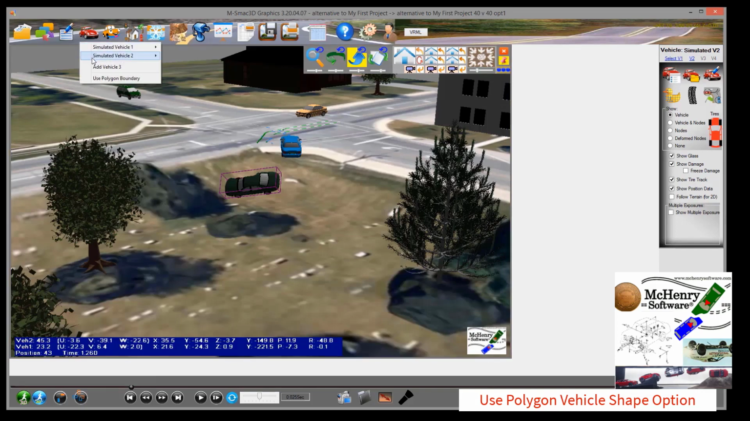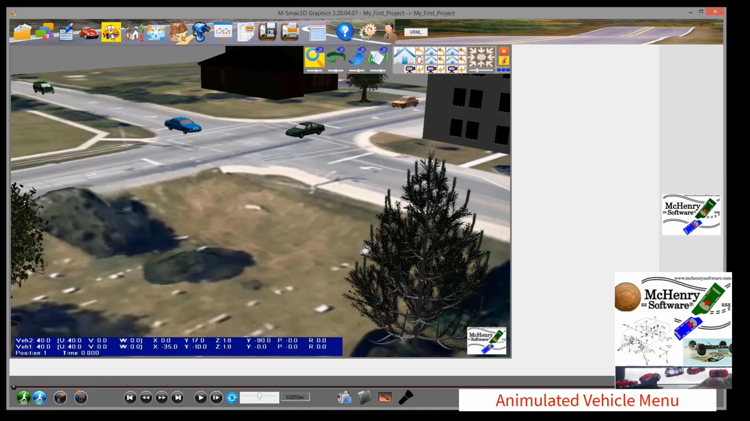So that's our menu on the vehicle. The next item up is the Animulated Vehicle option. Animulation is a combination of animation and simulation. You can add animated vehicle and a menu will come up. Easiest way to explain this is you can go to your help file,